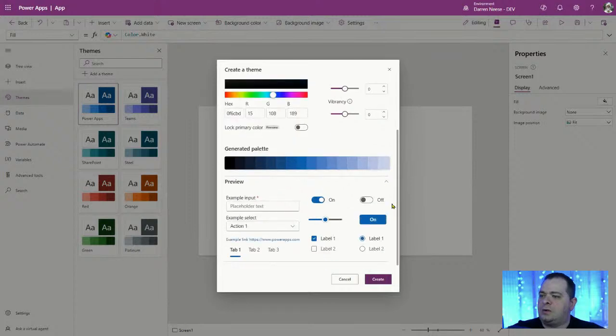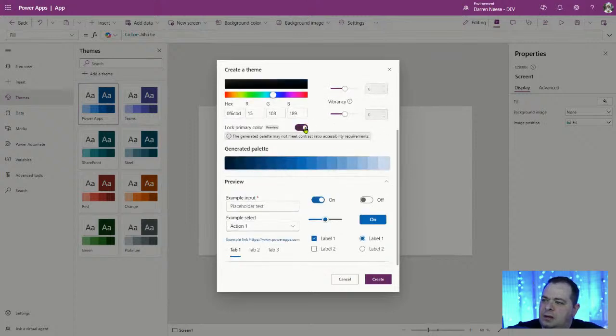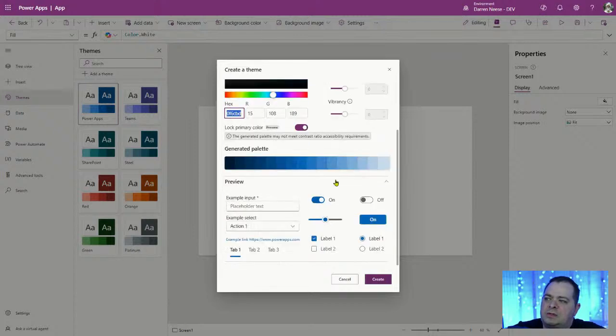Okay. Now, what you'll notice if you go down here, before, I always noticed that this color was a bit faded, quite a bit, actually. Now this almost looks right on, but before they add it, now this is a feature that you've got to click into. Okay, the generated palette may not meet contrast ratio. So I think that's what was going on before, is even though you had the exact hexadecimal that you wanted to use here, it always wanted to perhaps change it, give you a different shade,